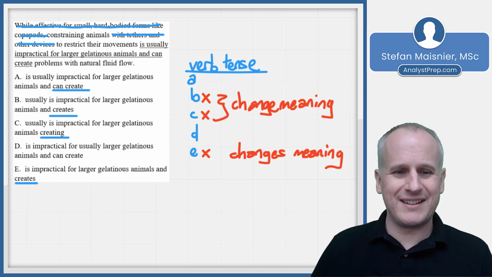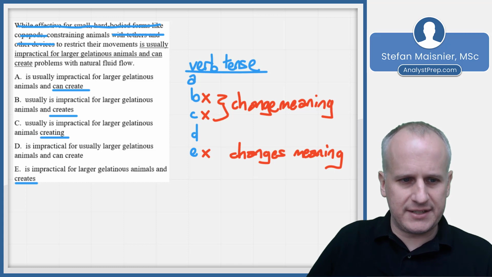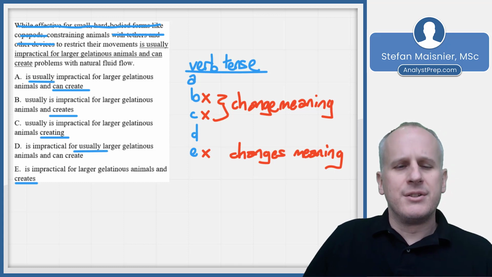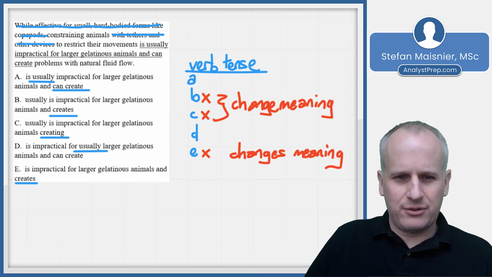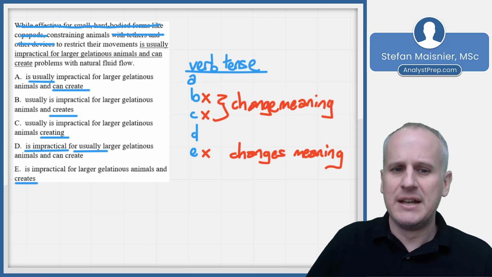Then we've got to look at what's changing between A and D. And it's relatively subtle, but we're moving this usually. So is usually impractical for larger gelatinous animals makes it so that constraining the animals to restrict their movements is usually impractical. Whereas if we said constraining animals to restrict their movements is impractical for usually larger gelatinous animals and